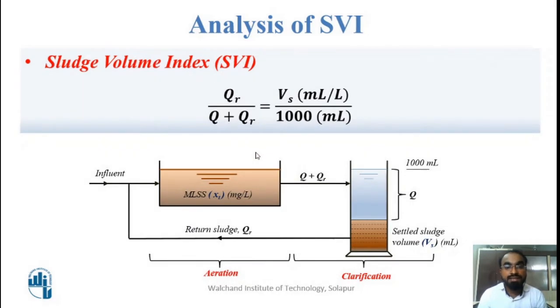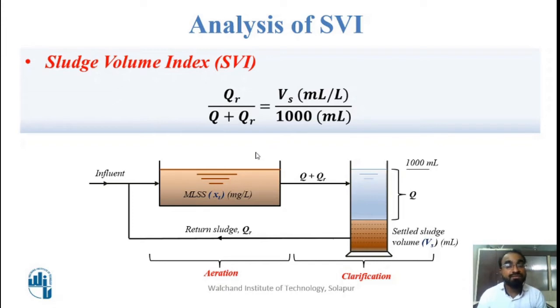So, if I want to compare how much water is getting filled in the secondary clarifier, it will be Q plus QR, where Q is the volume of influent plus QR is the volume of return sludge which is added into the effluent. So this much amount of water will be collected in the secondary clarifier. So I can say that Q plus QR will represent my 1 liter, that is the total liter. Why am I saying 1 liter? Because this is how the SVI has been defined.